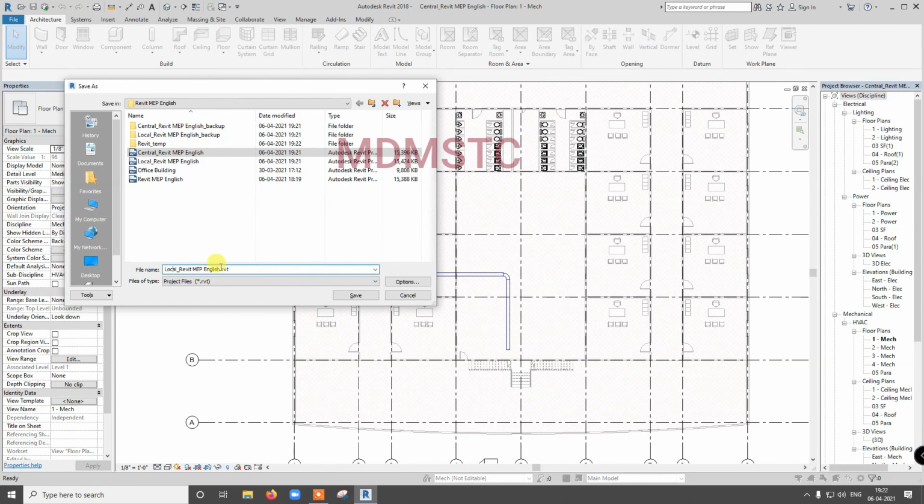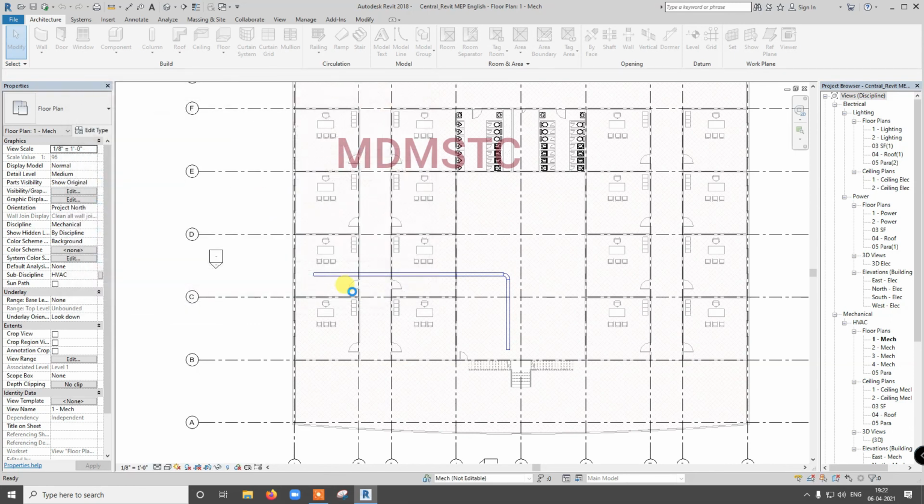Here I am going to add electrical. For the previous file I forgot to add mechanical, then only you can easily identify. Okay, just electrical.